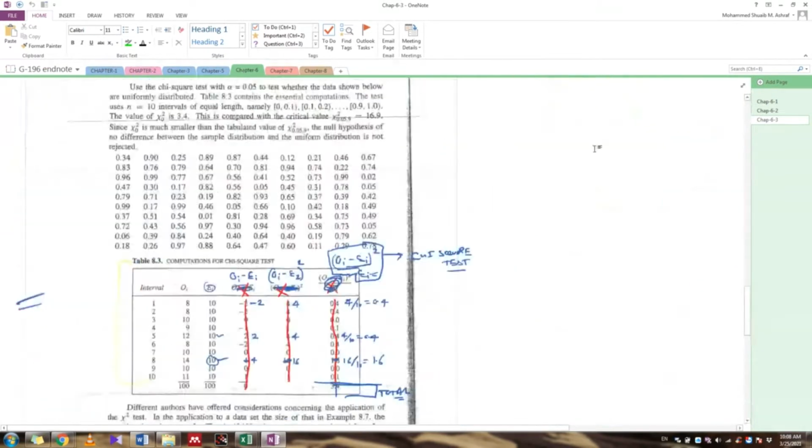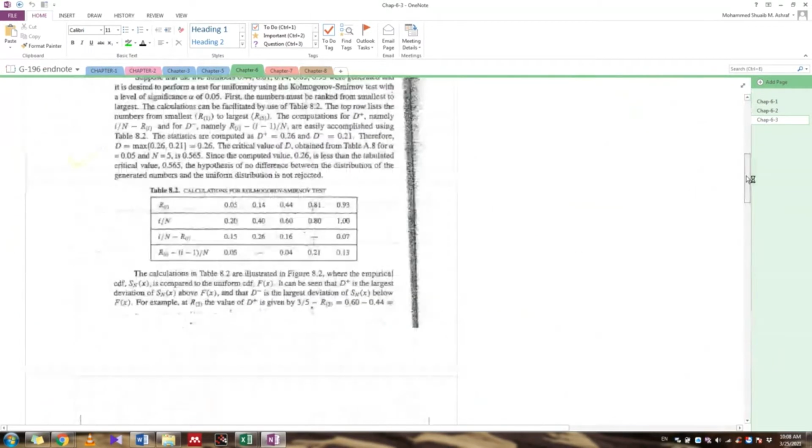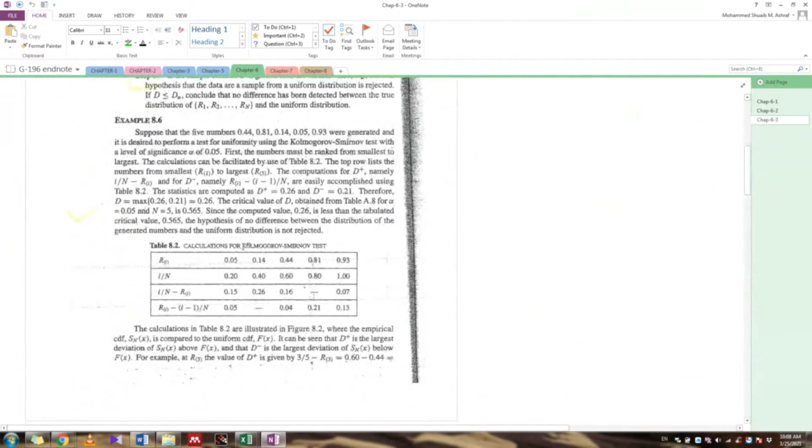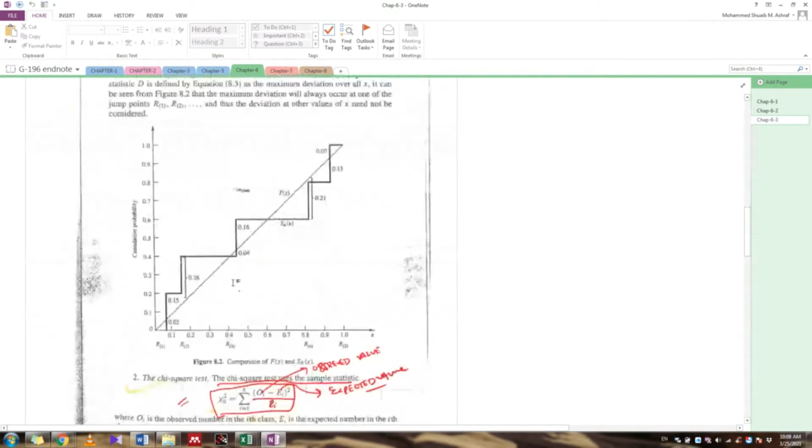This is the Kolmogorov-Smirnov, i by N. Here we solve one question.